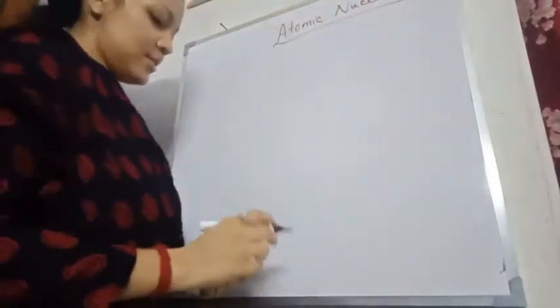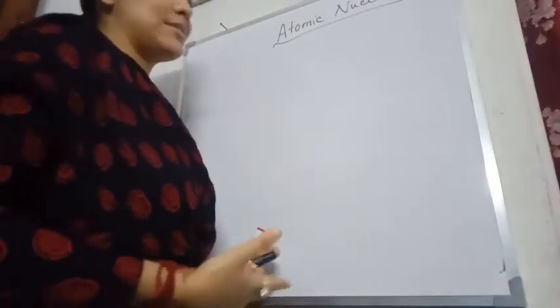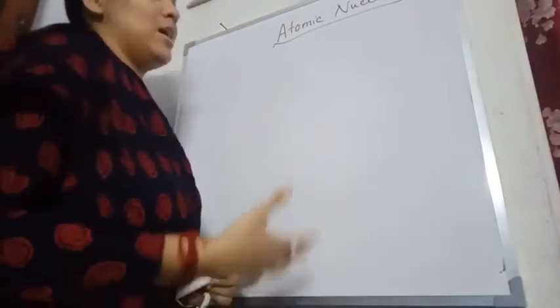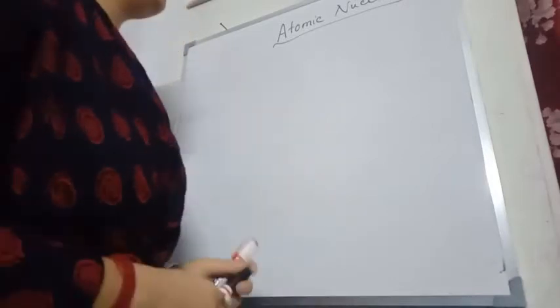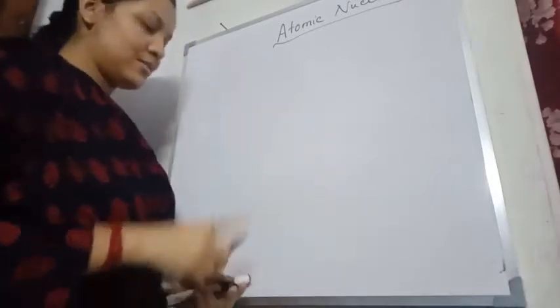Okay, last class we spoke about radioactivity. We spoke about the type of emissions that is emitted by a radioactive substance. We spoke about the properties of alpha, beta, gamma radiations. Right? So today we just